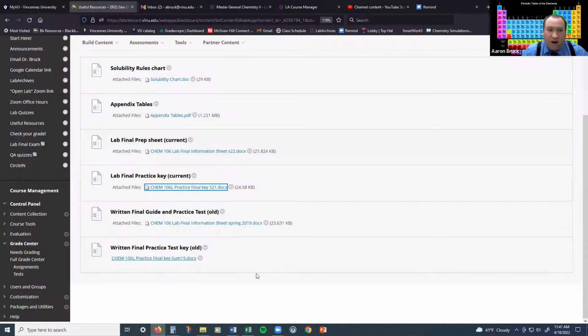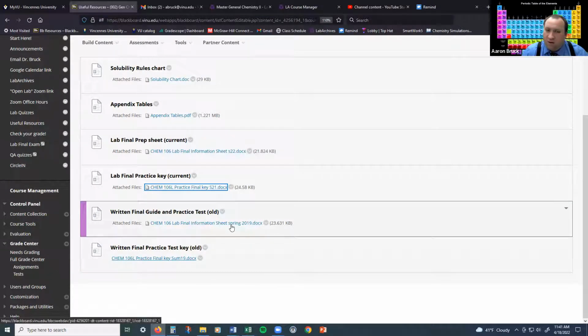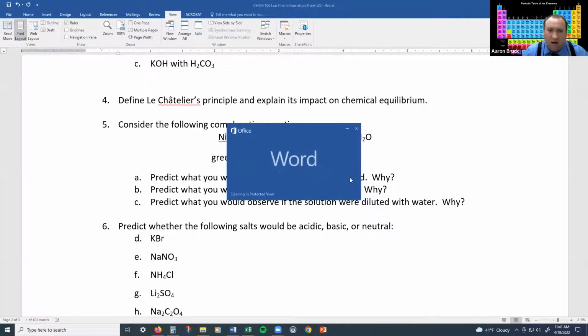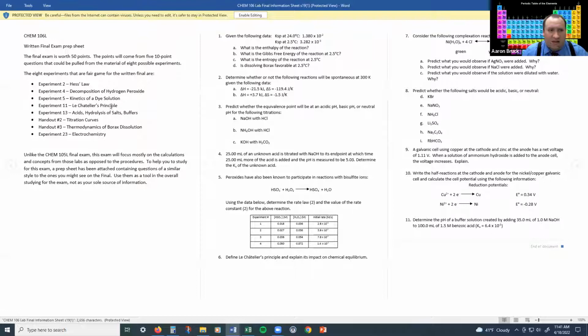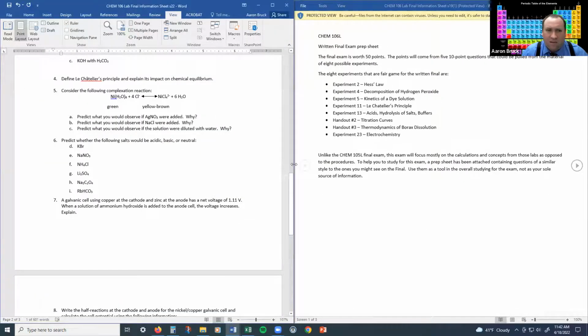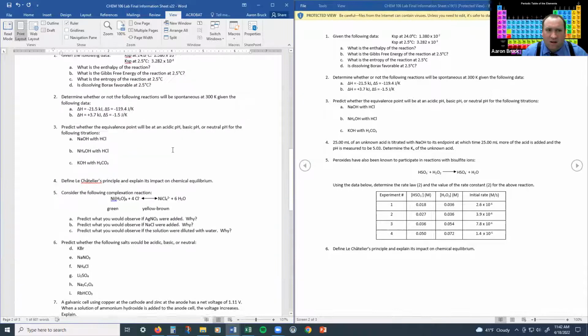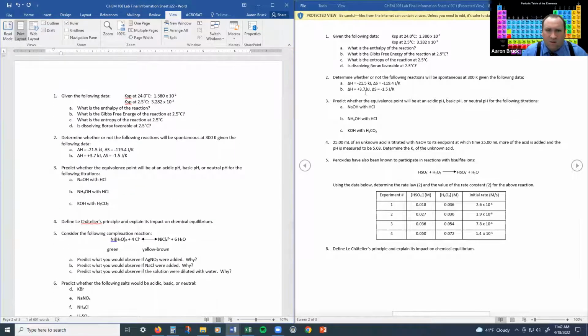And then if you're looking for extra practice, not all of it's terribly relevant in information. This is a 3-year-old document now, but you could look at this and see, okay, hey, we've got some of the same things. Hess's law, kinetics of dye, Le Chatelier, acid salt and buffers, titration curves, borax, electrochemistry. Well, that sounds familiar. Well, here's a practice exam that I gave 3 years ago, and you'll see there are some common threads in here, no doubt. You know, compare them side by side. Yeah, some of these questions are identical,